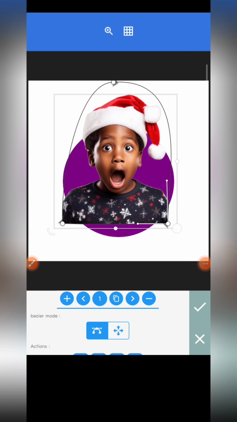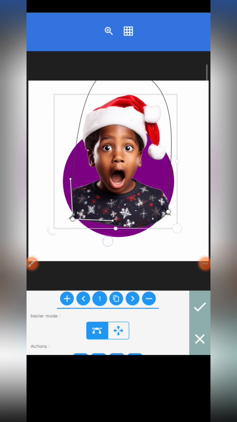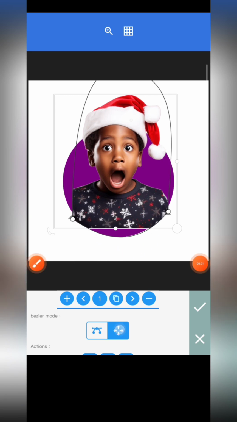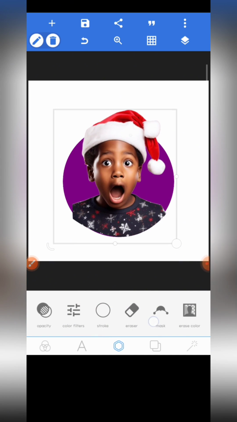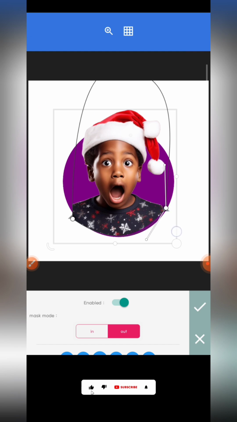Then scroll up, and the same way you did for your square, the mask has 2 modes. The Bezier mode, there are 2. There's the movement mode and there's the dots or points mode, whatever you want to call it. So you see that lower part of the image is a sharp cut, is where the image ends. So of course you drag your mask away from that place and raise it up, then go back to editing